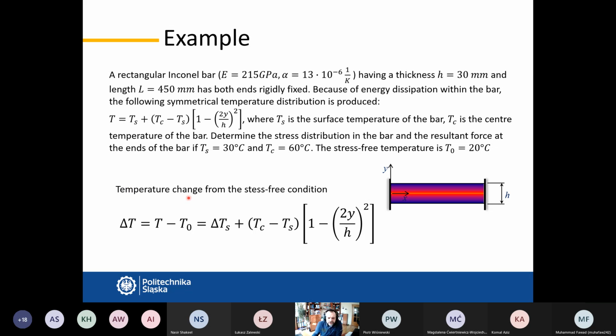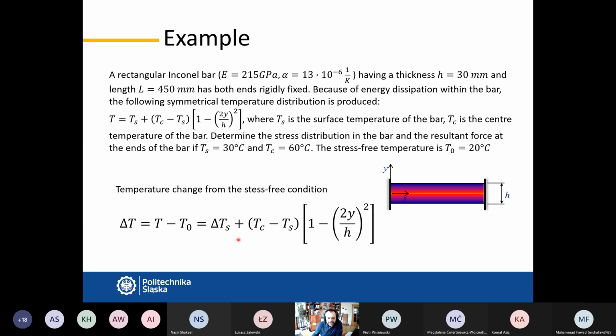So the temperature change from the stress-free conditions. Stress-free condition is everything everywhere is 20 degrees Celsius. And now we raise the temperature and we see that at the ends, at the sides, at the surface, there is 30 degrees Celsius and inside is 60. So it can be written like this. So delta Ts, increase in temperature, which is in this case 10 degrees Celsius, from the initial stress-free temperature to